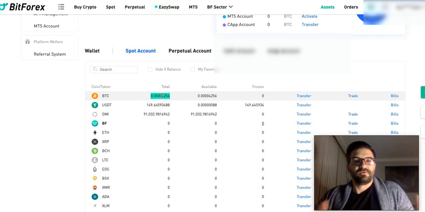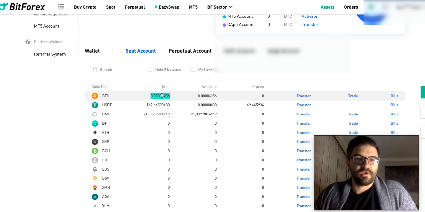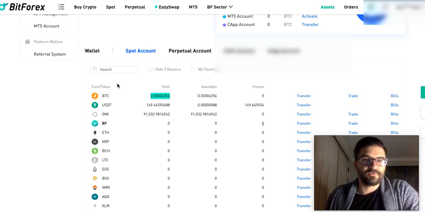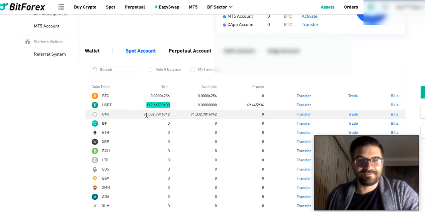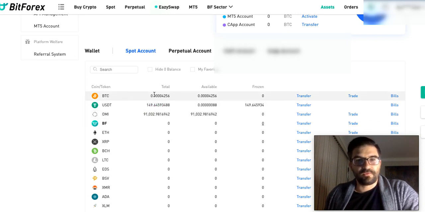Now, you can't just convert. Right now, you just can't convert a Bitcoin directly into OMI or whatever it's called. You need to go through a couple additional hurdles. So what you basically need to do at this point is convert this to USDT, which I believe is like a coin aligned with the US dollar, because I know that's 150 bucks. And then you convert the USDT into OMI. So if we're already here and we're assuming that we have some stuff in Bitcoin, then we need to make these transfers. In order to do that, you go up here to spot,